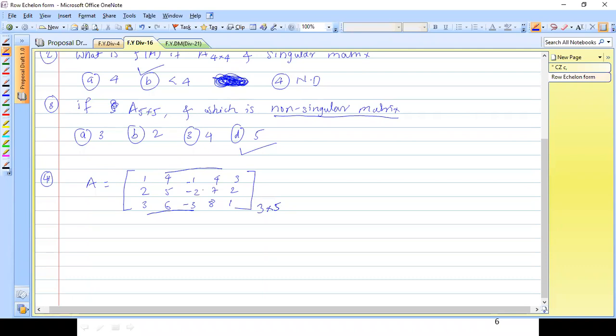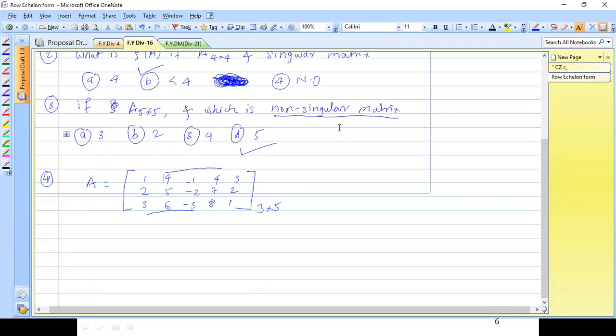Or suppose I have a 10 cross 10 matrix. It is a very big matrix. So how can one find the determinant of a 10 cross 10? It's hectic. That's why, by using the definition of rank, it is sometimes time consuming and takes lots of calculation to find the rank. So that's why we are going to give an alternative way to find the rank.